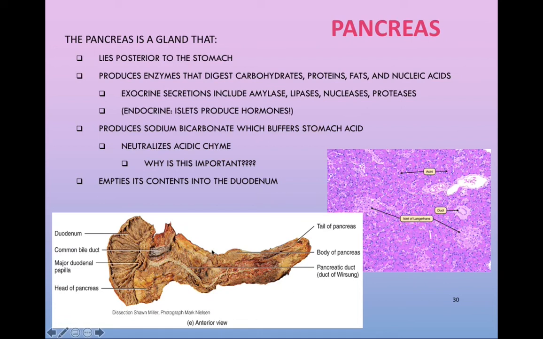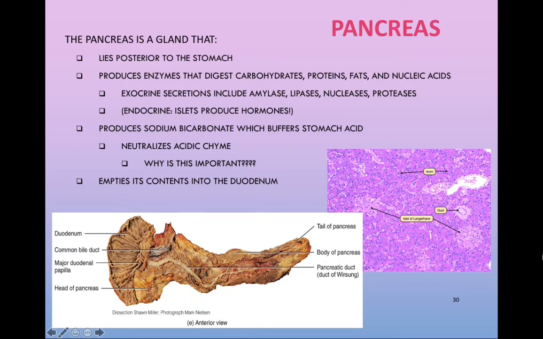You can see that the pancreas is shown right here, and it has this very large pancreatic duct that's going to dump into the first part of the small intestine. This here is the duodenum. You can see the mucosal folds in here, which will break down very, very shortly. But it is thanks to the digestive enzymes of the pancreas that digestion inside of the small intestine will significantly